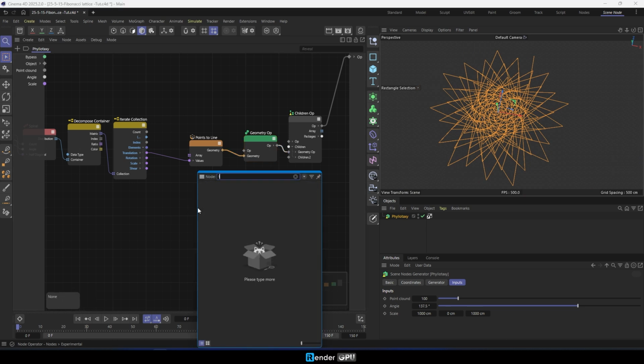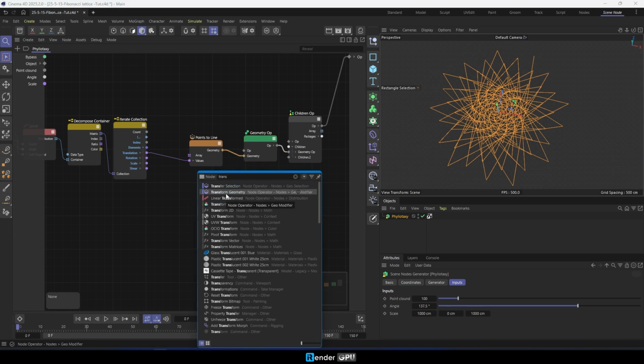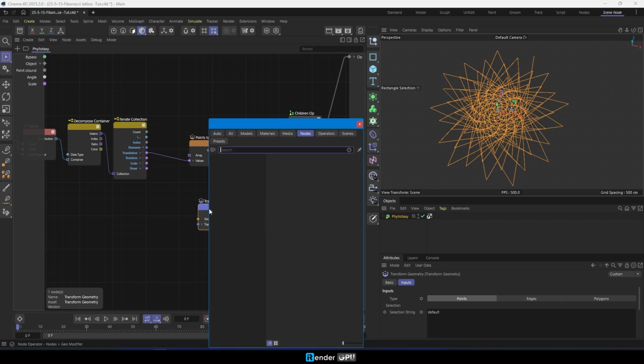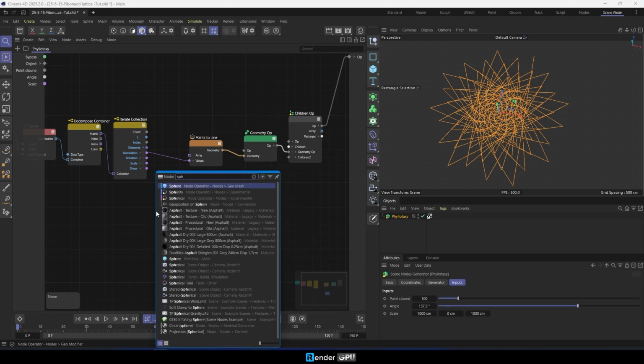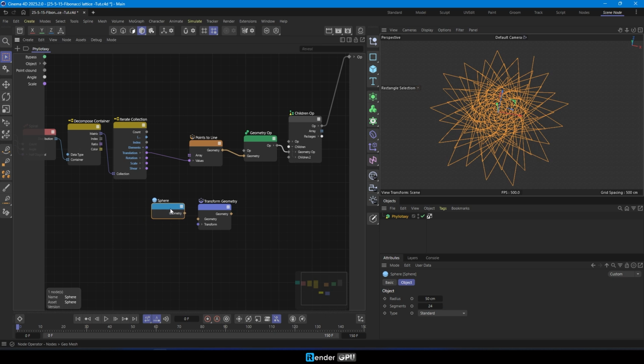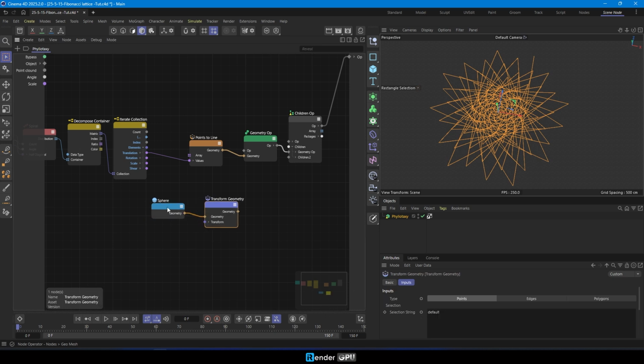And just like that, we have the phyllotaxis pattern. For better visualization, we can take it a step further by using the transform geometry node and instancing a sphere onto each point. This gives us a clear spiral structure.